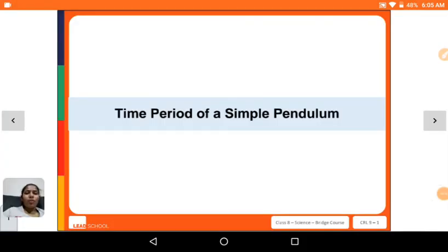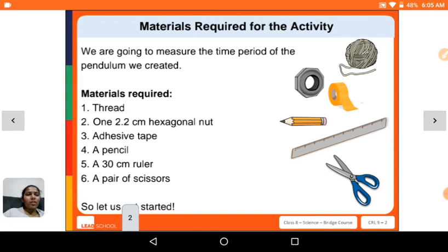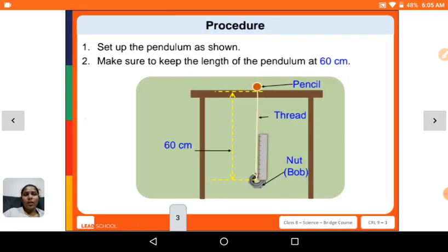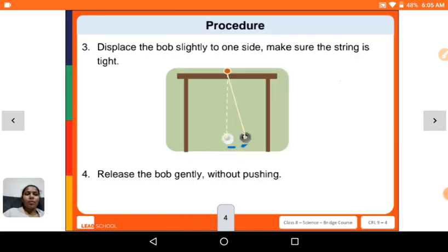Now let's do an activity to determine the time period of a simple pendulum. First make all these things ready and make a simple pendulum, as we already learned how to make a simple pendulum. Get ready a simple pendulum. Now what you will do,